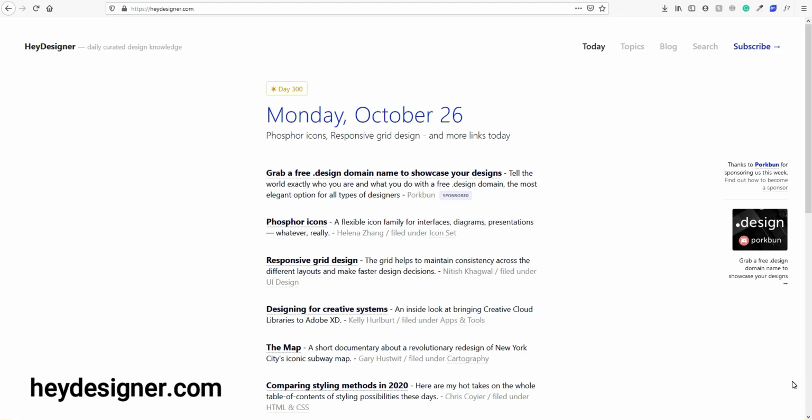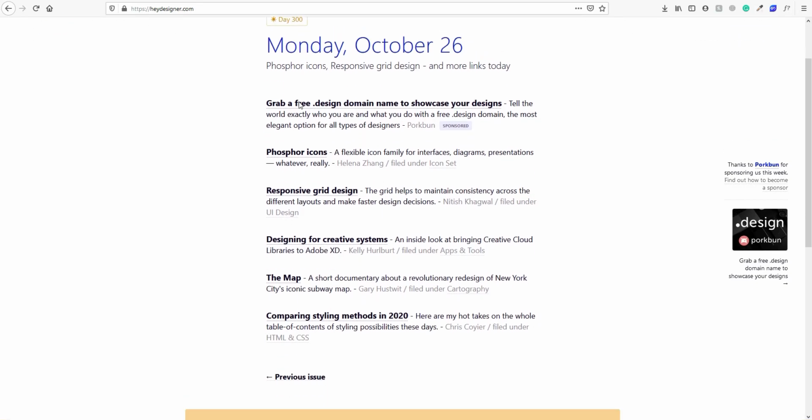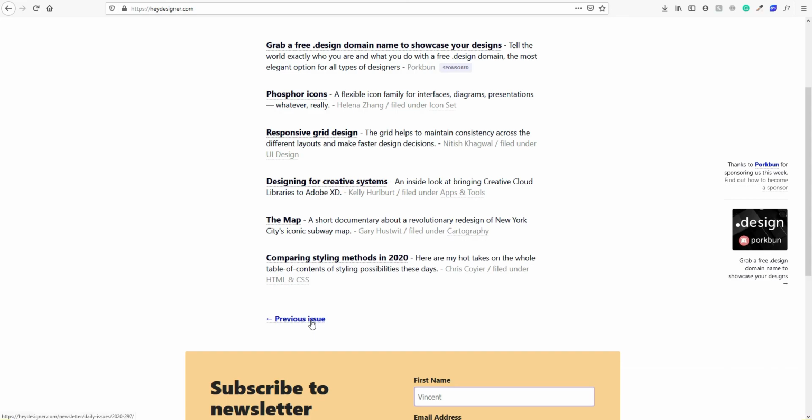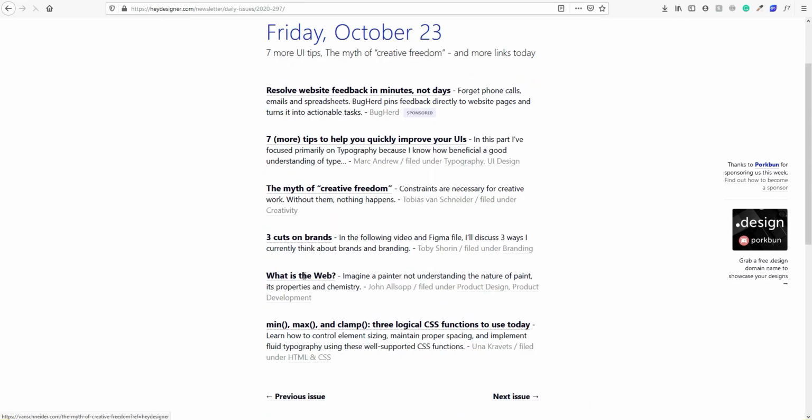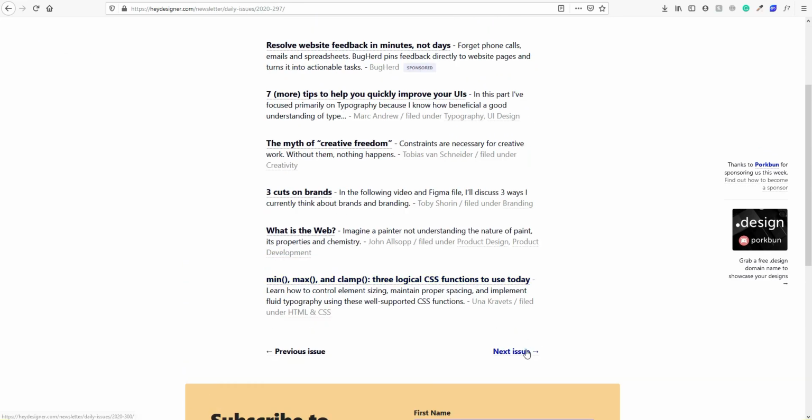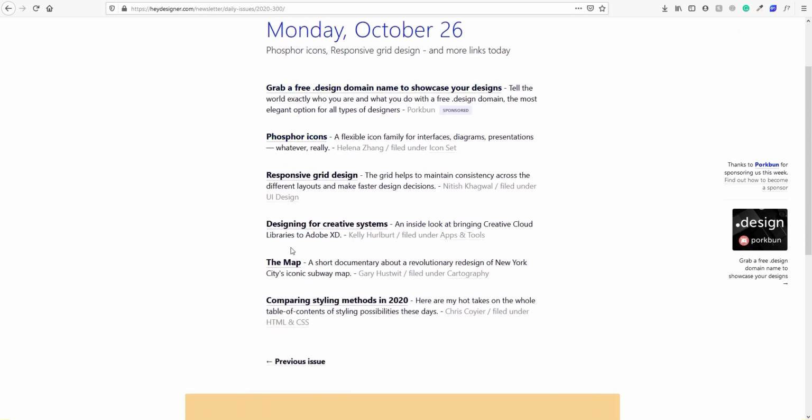This is another great site for learning UI UX, and this website will give you some articles daily in your feed. So I've come today, and here are the feeds of day 300, they say, and I can also read previous issues by clicking here, and the latest issues are here.